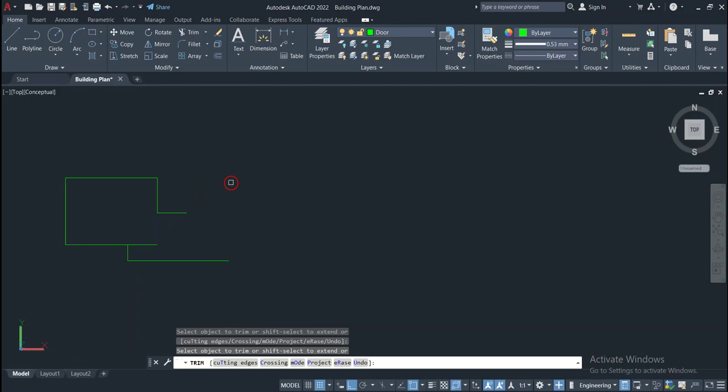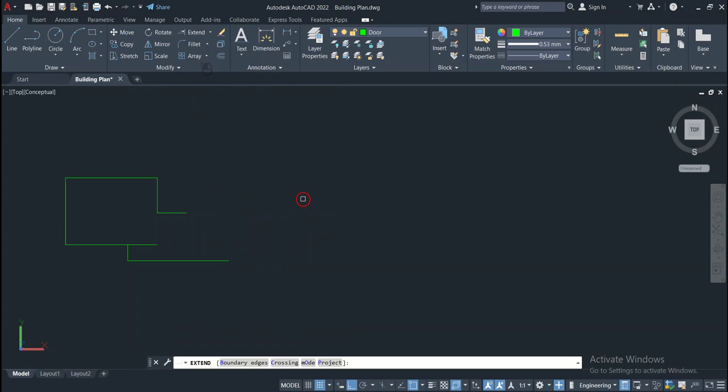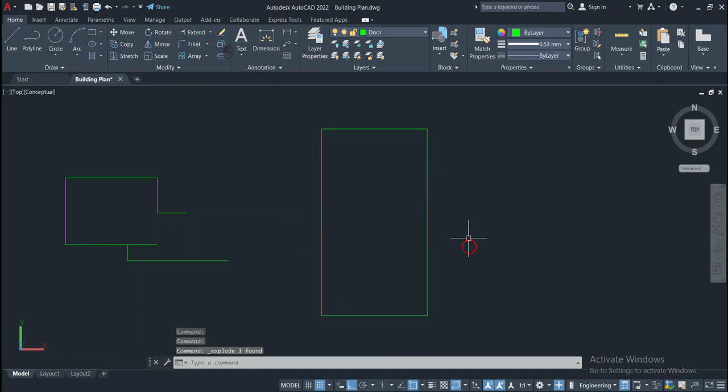So this was the trim command, and there is another command associated with it, which is the extend. Through extend you can extend your desired line to the point you are interested in. The extend command will be understood clearly with the help of an example. So we draw this rectangle and then we delete these two lines, and then we draw